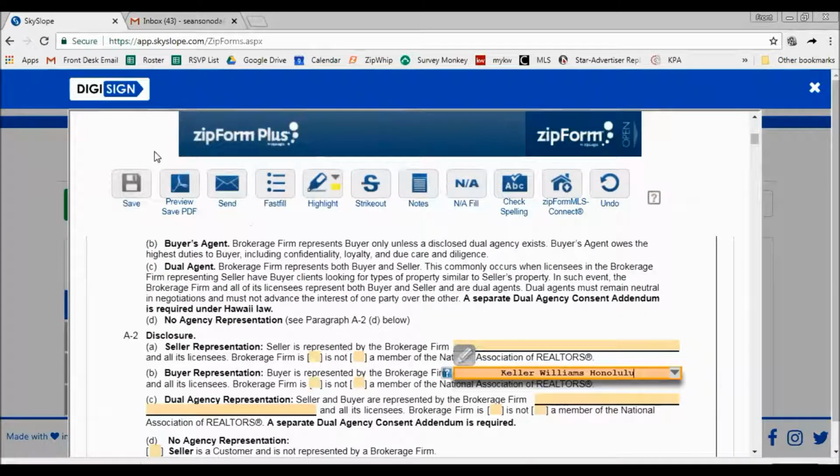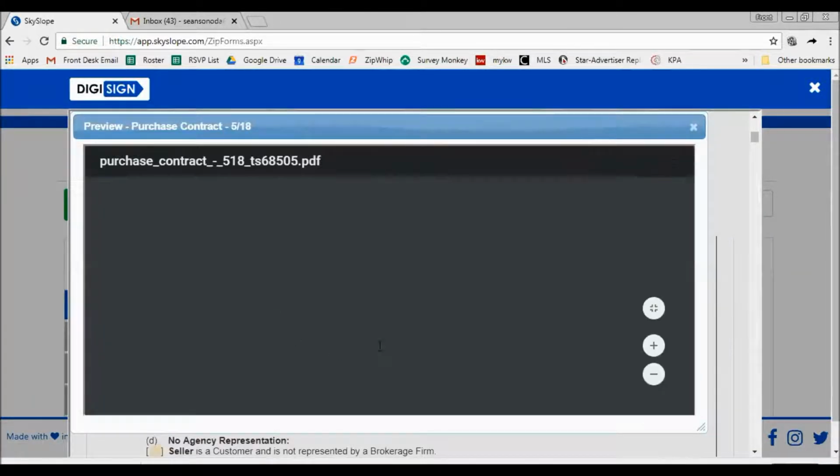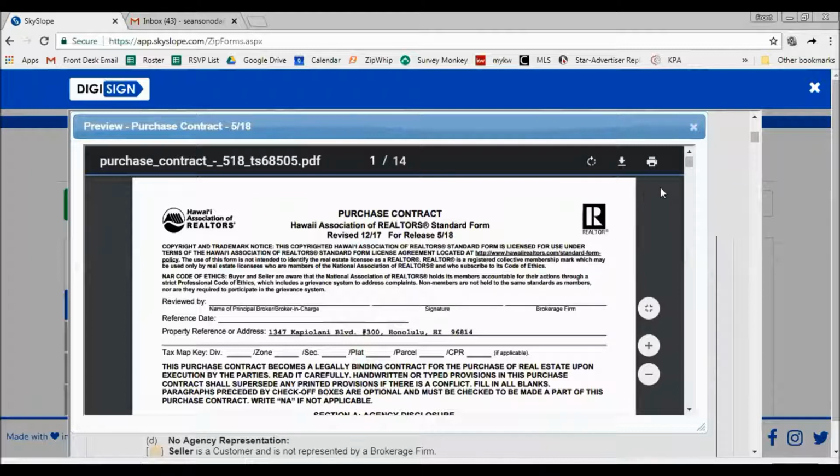After this, you fill out everything, you're done. You're going to go preview, save PDF. And then I'm going to go ahead and print this because I want to get everything scanned to my broker